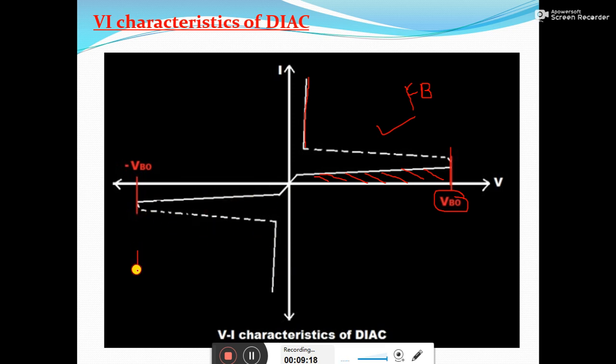If you see the forward bias as well as the reverse bias characteristics, they are symmetrical to each other, in the sense they look the same. The only difference that you are going to find while comparing the diac with SCR is the absence of gate control. There is no gate control here. In SCR you have seen that with different gate currents, the breakover was achieved at an earlier stage. Since there is no gate control terminal here, the breakover will be only at a particular value.